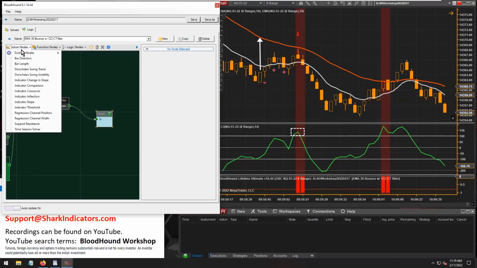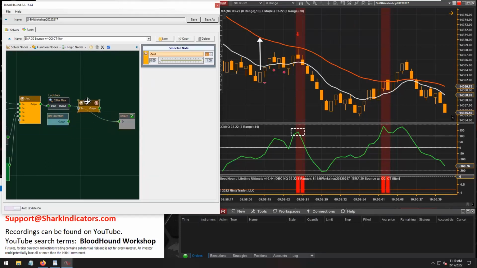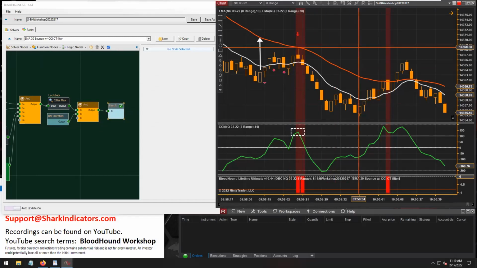And so now we can grab a bar direction solver and then combine that with an AND node, like so. So over here,